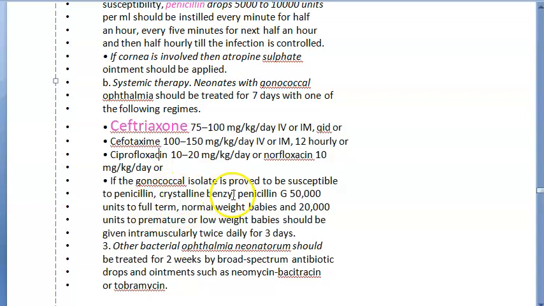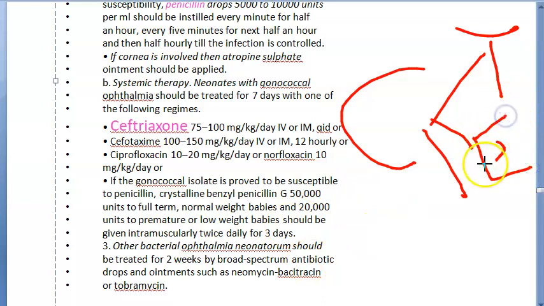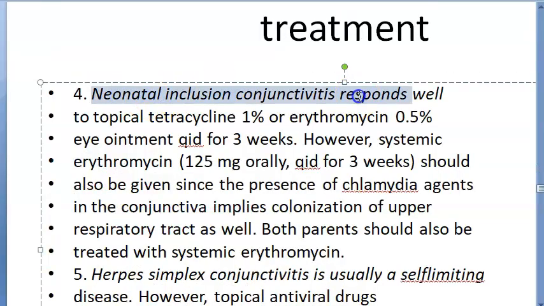Okay. Then, basically, if it was anything related to chlamydia, what will you give? For chlamydia treatment, you have already studied this in trachoma. Come on, say it. Tetracycline. Very good. But in a kid, will they give tetracycline? No, right? Because the teeth will get spoiled, and bone development. But here they are saying tetracycline, guys. Interesting. Maybe as an eye ointment, it's fine. So, inclusion conjunctivitis, we already told you tetracycline, erythromycin.